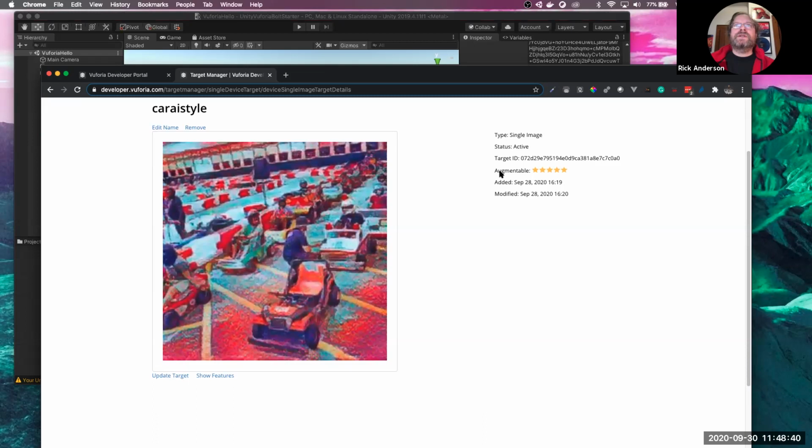And the way the tech works is it says, is this augmentable? And it's like, yes. You could update the target, but we're not interested in that. We want to see the features. And so this is based off of black and white, and it looks for the edges. And you see all these edges everywhere, and it's a random pattern. That's the unique random pattern of edges, so that doesn't get confused with other pictures. But this is what's in our database, and that's what we need to move to